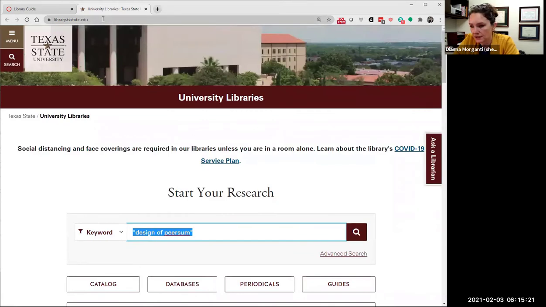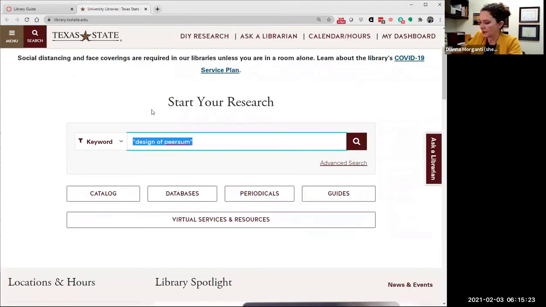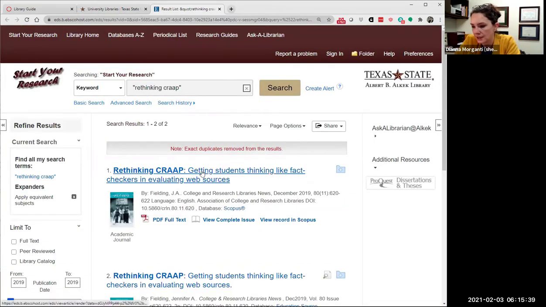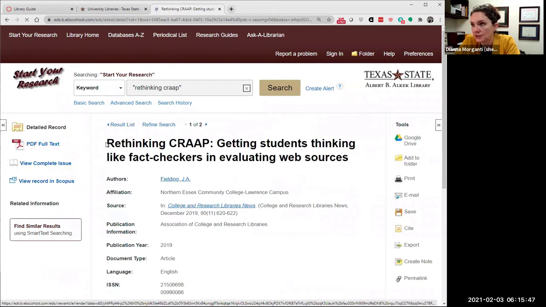You can see at the top, library.txstate.edu. Again, I will just search for the title. This one was Rethinking CRAAP, Getting Students Thinking Like Fact Checkers and Evaluating Web Sources. And so when we click on it, you can see again, the journal article title is at the top. So that's the title of the article, just like we saw on the inside. The author, the source is the journal, College and Research Libraries News from December 2019, volume 80, issue 11, pages